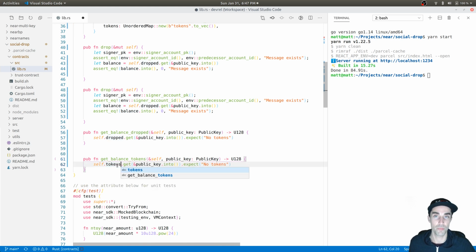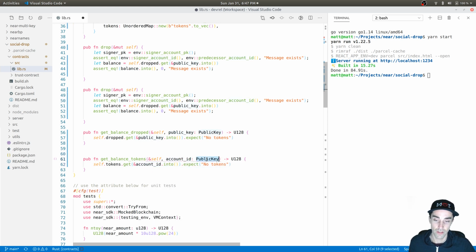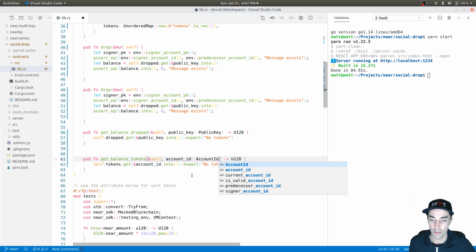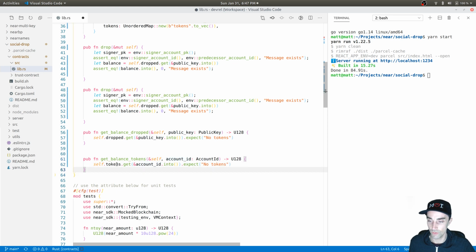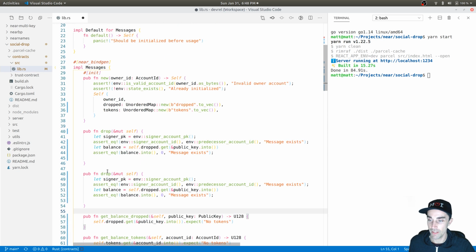This is not the part that I want to focus on, but it's going to take time, so sorry about that. Account ID. Okay, so account ID into expect no tokens. All right, so should be fine. So now we got drop, and then we got transfer. I still haven't actually dropped the token, so as long as the balance equals 0, so if it doesn't panic,